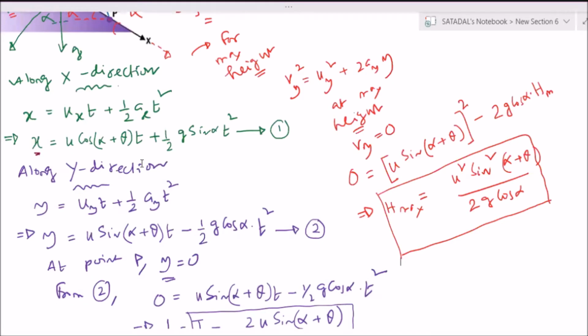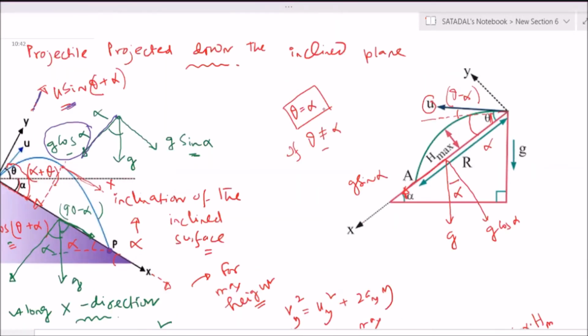Right. So the case I was talking about, that is this one. Try to imagine in that case, since this entire angle is given to be theta here, I just take the component along the x-axis. The component along the x-axis will come to be u cos theta, and the component along the y-axis will come to be u sin theta. Even here, if you have to calculate the range and time of flight, then for time of flight, when it lands here, the y coordinate will be equal to 0.